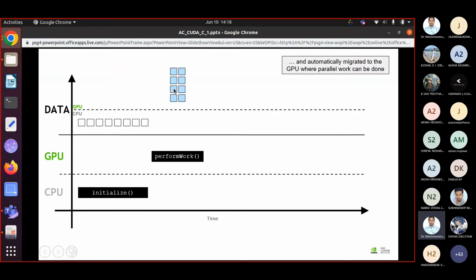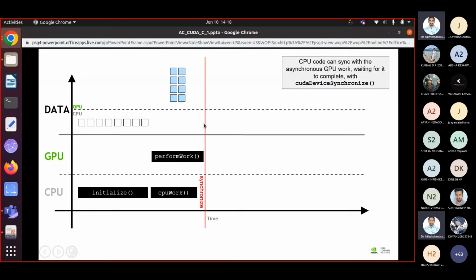Then, while you are performing an operation on the GPU side, meanwhile you can utilize the CPU to perform other work, because once you give the instruction to the GPU, during that time the CPU is sitting idle. Either you can allocate some computation to the CPU, or you can ask the CPU to wait till the GPU finishes its job, right?